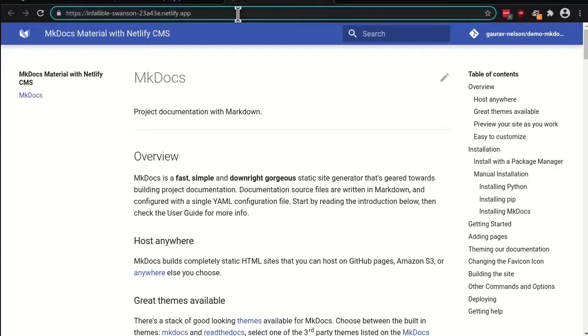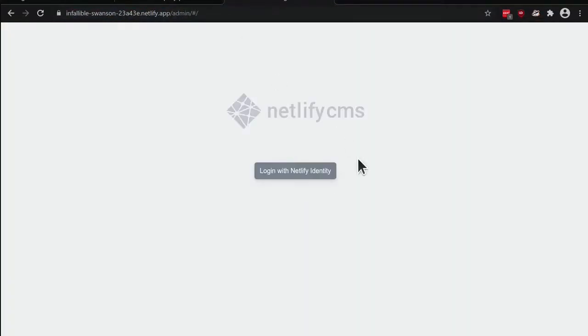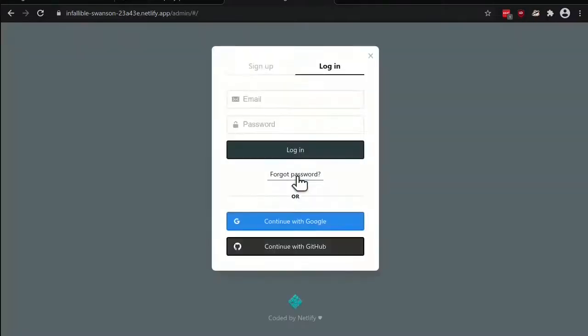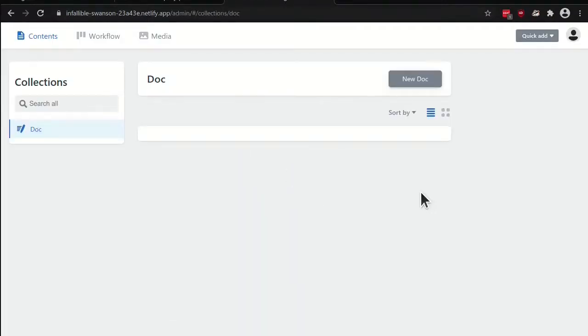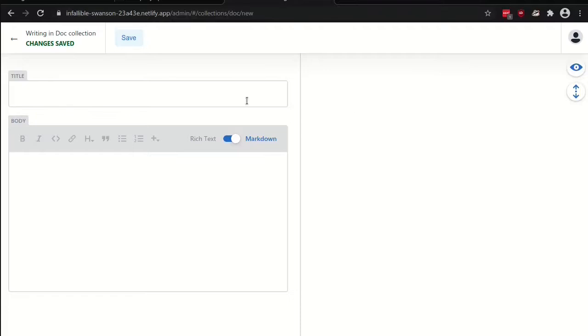Let's switch to the site and go to the admin URL. So it opens the index.html page. Woohoo! Login with Netlify. Let's select my GitHub credentials to log in. And I'm in. So this is the default NetlifyCMS page, which allows you to create new documentation based on the collections we specify. Let's click on New Doc, give it a title,